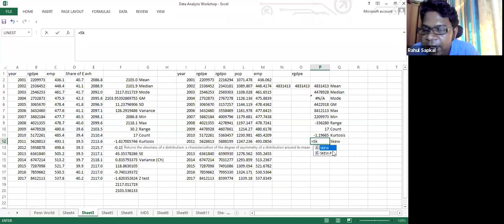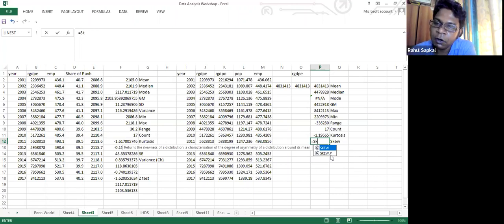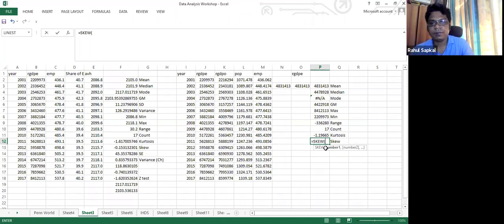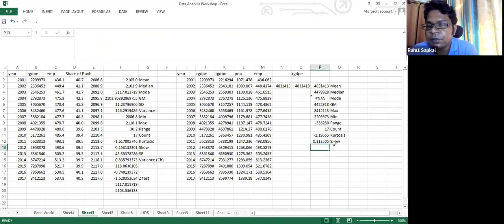So now here you will be asked for one. Whenever you see dot P, they are asking for the population skewness, whether your sample skewness is equivalent to the population skewness or not. But since we don't have population data, because in population data we get a lot of multipliers, and since it is a very small data set, we will be using only skew. And I'll again take the same variable. This is my skew, a measurement of skewness here.